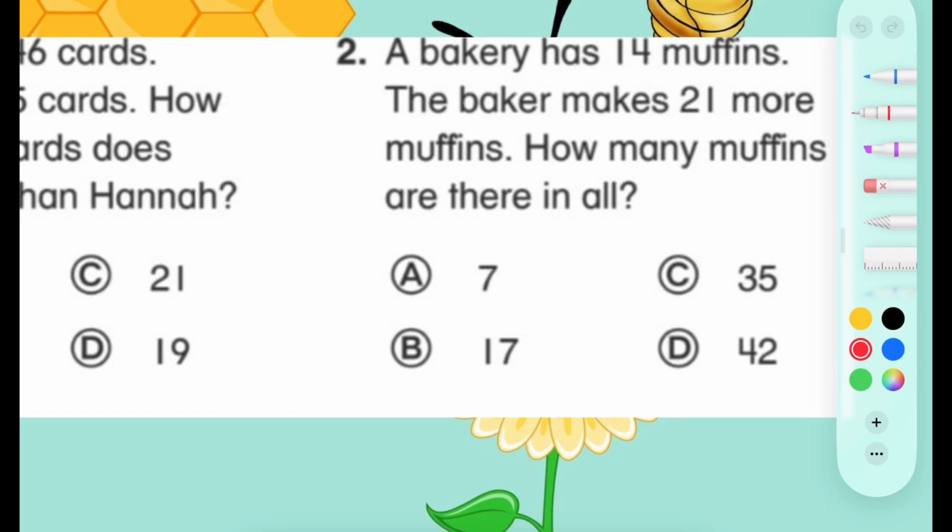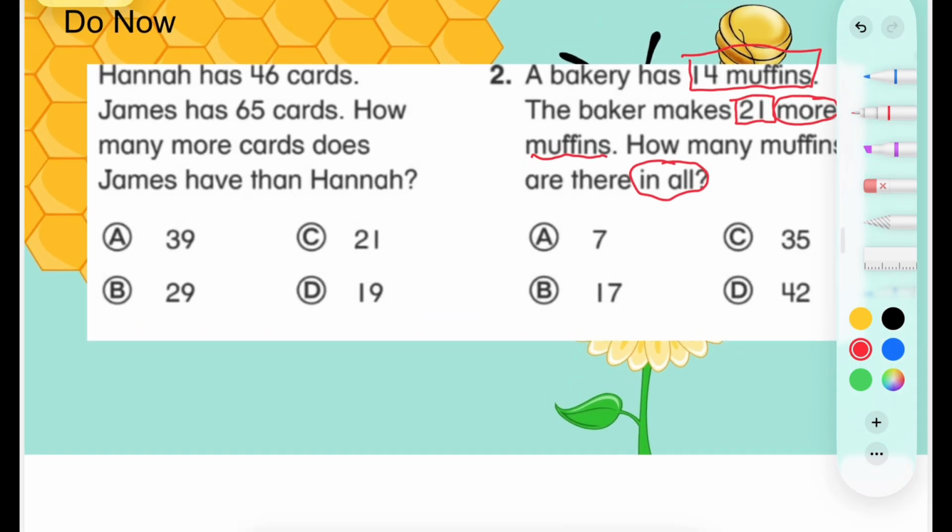So at a bakery, they're making 14 muffins, but then the baker makes 21 more muffins. So you're adding on to muffins. And then another keyword is how many muffins are there in all? Well, those are two keywords that mean to add. So our number sentence is going to be